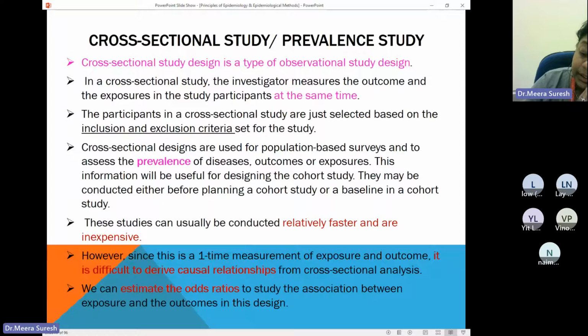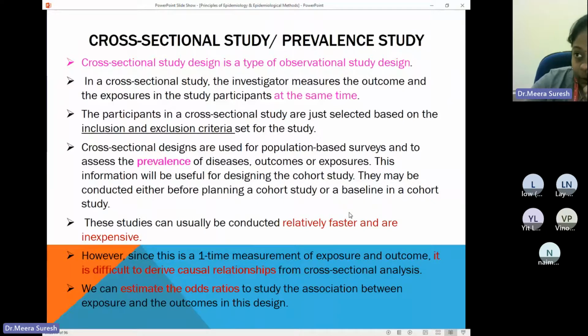Then the questions can be like, when did you initially start smoking, or how did you start? Who initiated you to smoking? The questions will go like that. But the first question should be whether you are a smoker, or whatever you're studying, whether they have been exposed or not. And from the final result, you will get the prevalence. So that is why cross-sectional study is also called prevalence study. So remember, correlational study is ecological study and cross-sectional study is prevalence study.